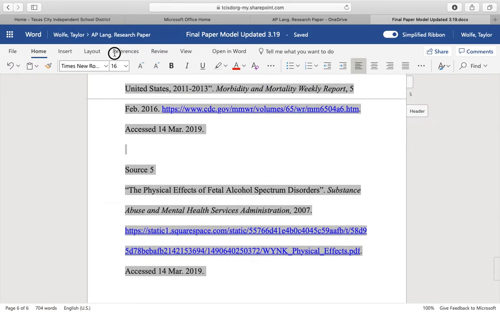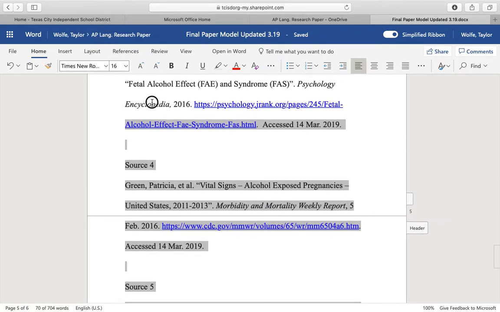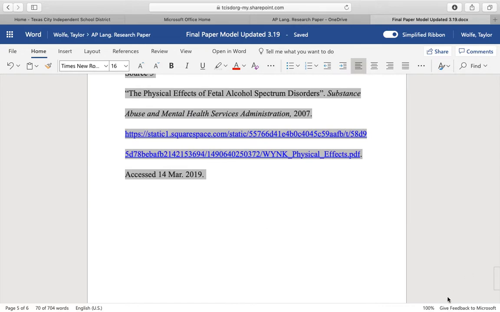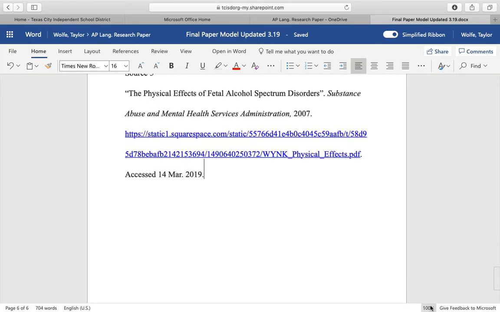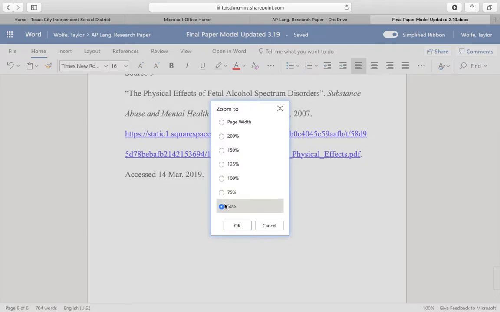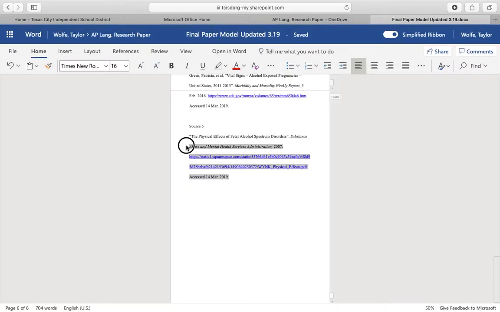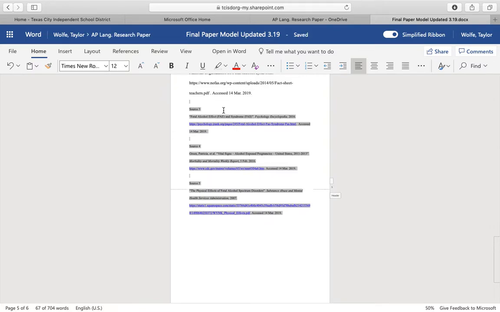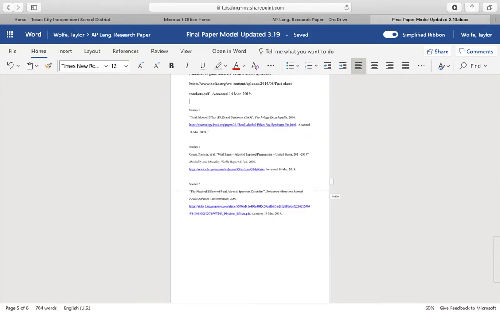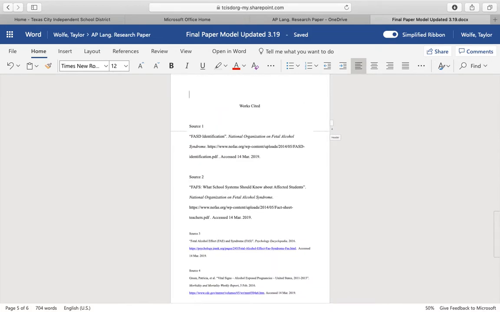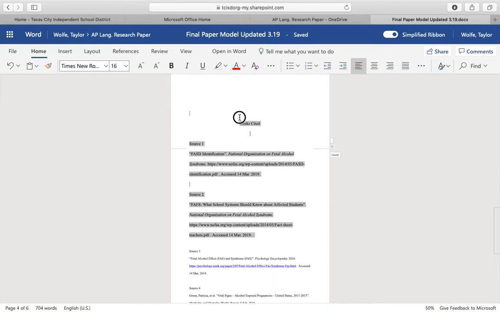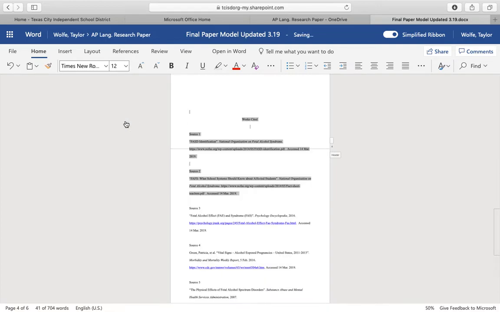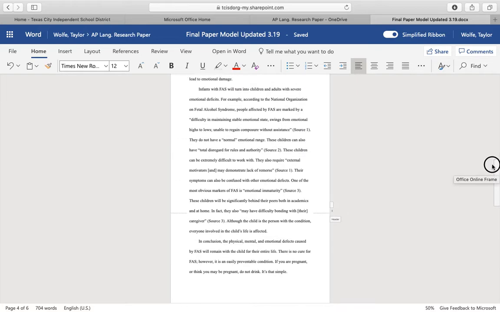As you can see, sometimes you can go back over it. If it doesn't want to pick up everything, sometimes what I do is make it very small, and then I can highlight some more because it did not change the font size. So make sure everything's Times New Roman, size 12 font,